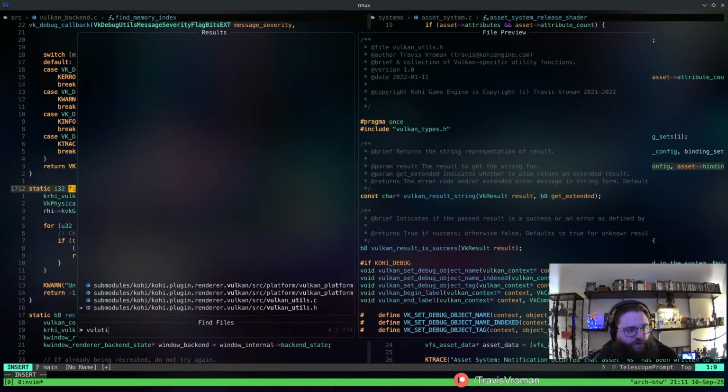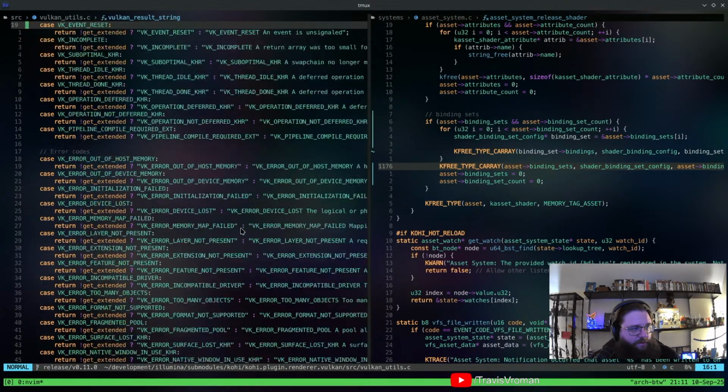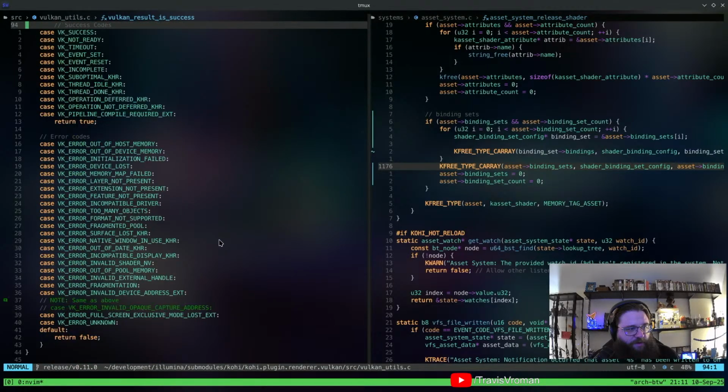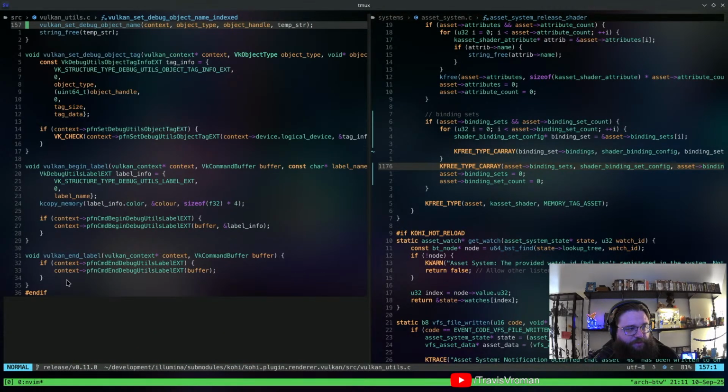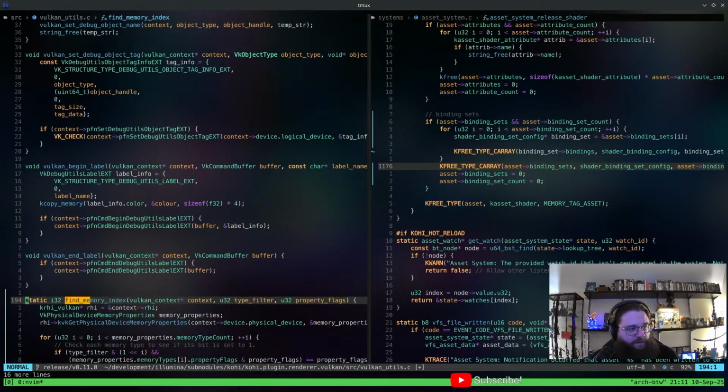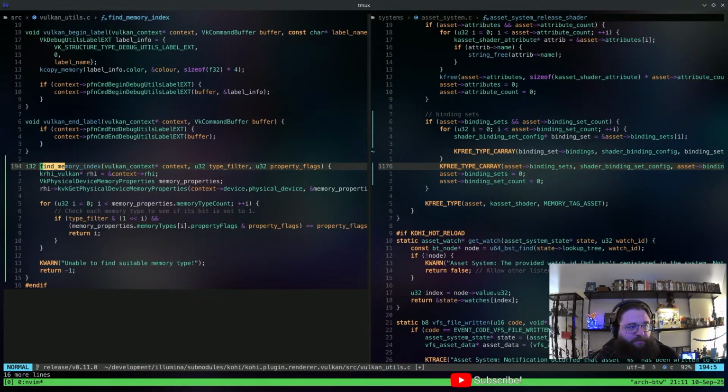Right now we're not using it for a whole heck of a lot, but this is probably where this should be. So let's go ahead and add this here. We're not going to have it static anymore, and we're going to just say Vulkan find memory index.